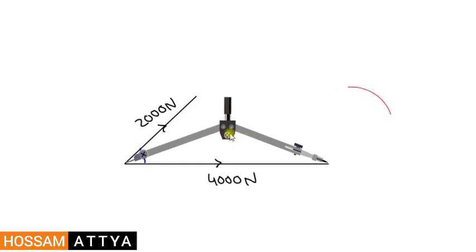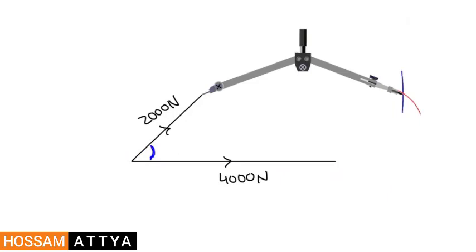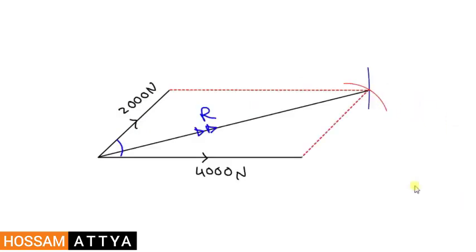Then again, we use the compass to measure the force of 4000 newtons. Then we shift it to the other end of the 2000 newtons. You see the pin was here and it's shifted there now. And we use it to draw a second arc. Now this intersection point is the point that we will use to complete the parallelogram. We'll extend one line here to the intersection point, another line there to the intersection point. Now the resultant force will be the diagonal of the parallelogram from the common tail between the two forces to